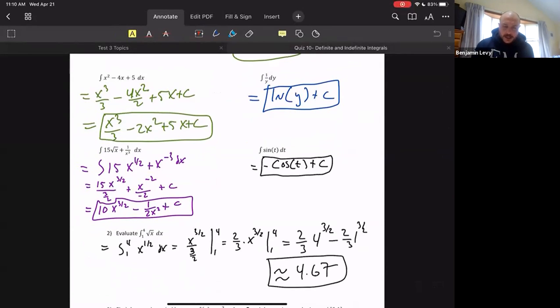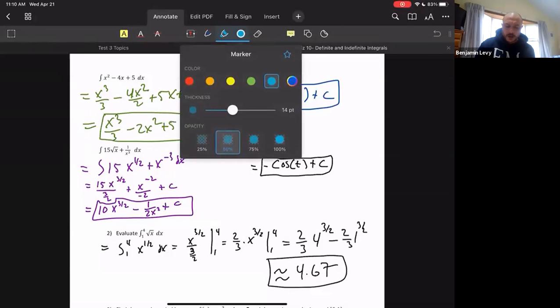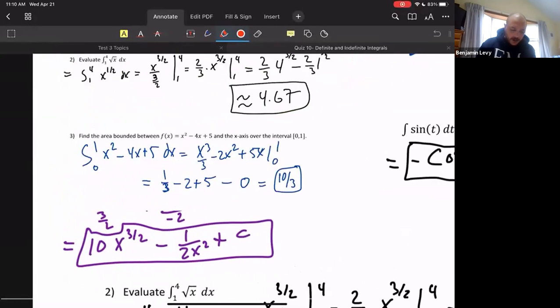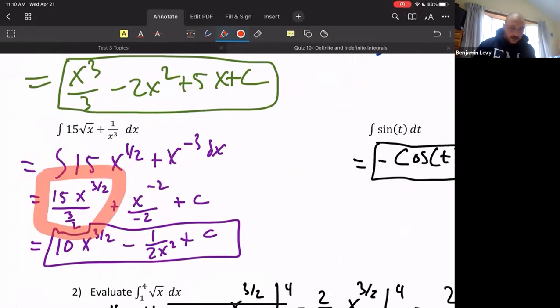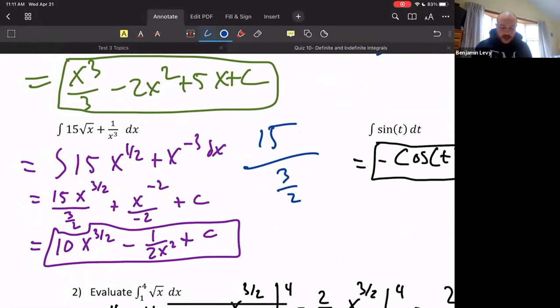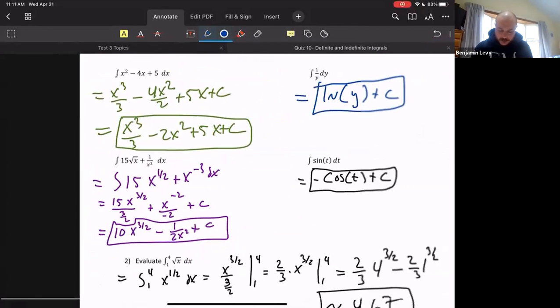One comment that came out of a handful of them was to remember to simplify compound fractions. On this problem, for example, you have the 3 halves in the bottom there, and we want to flip that upside down, multiply it, and end up with a non-compound fraction. So we end up with a 10 in simplified form. Or you could write it as 30 over 3 if you want, just as long as it's not 15 divided by 3 halves. I'm not usually picky about things like that, but no one wants to look at a massive fraction. It just doesn't make sense, how do we know what this even means? We don't want to leave it like that. So I just want to point that out. We want to simplify those things.